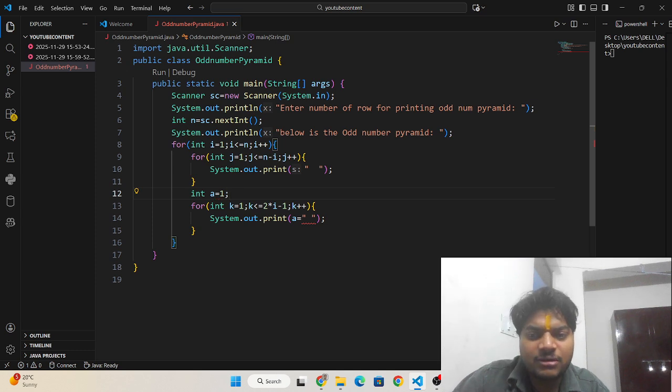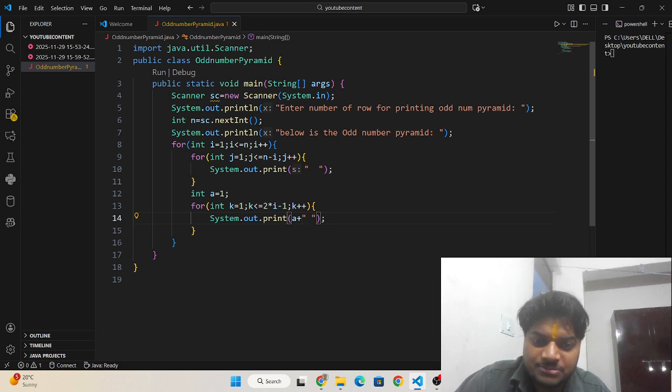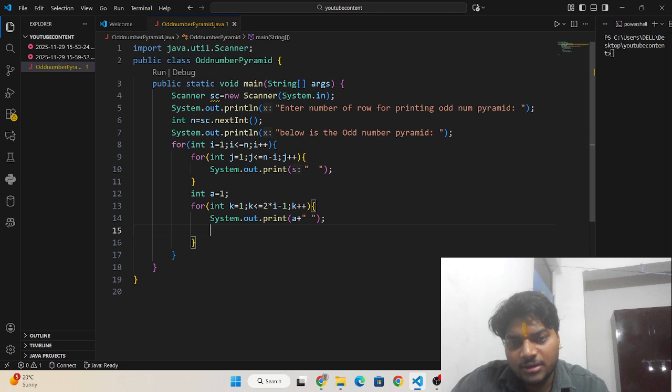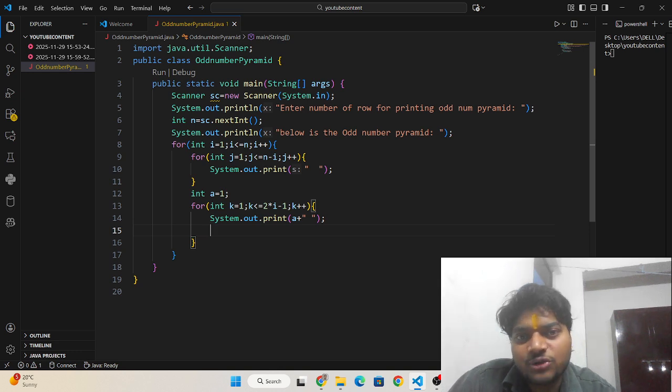1 is the lowest or smallest odd number, so I have initialized variable a with one. We are printing the variable a with one space. After printing that number, I am going to increase a by 2 so that we can get the next odd number.